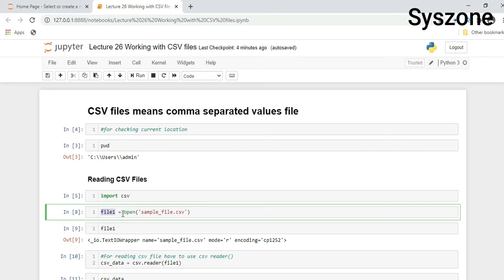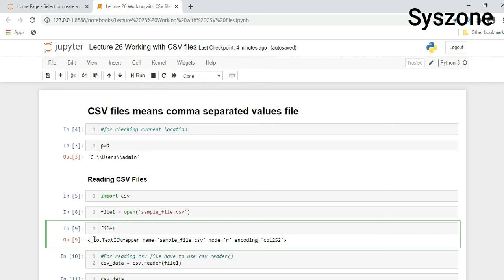After storing, when you execute this variable, it will give you output like this, because it is not able to display the data. For displaying you have to use a print function.